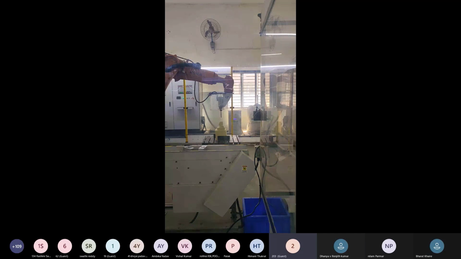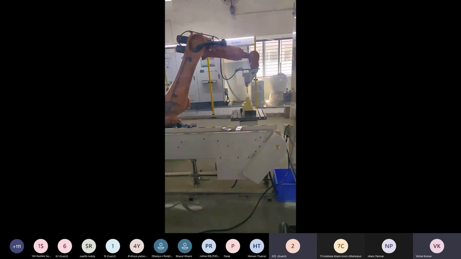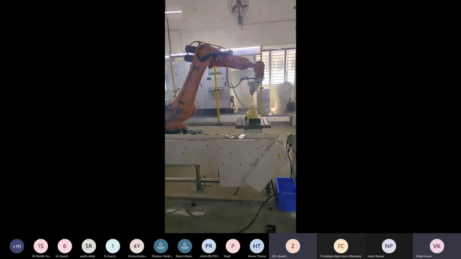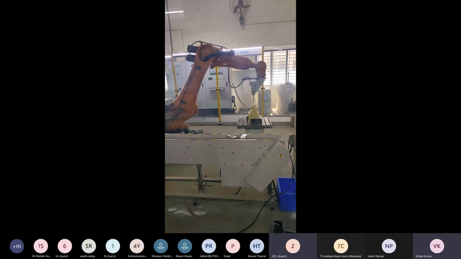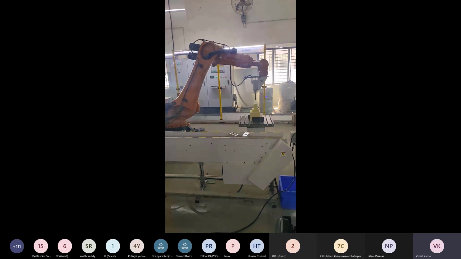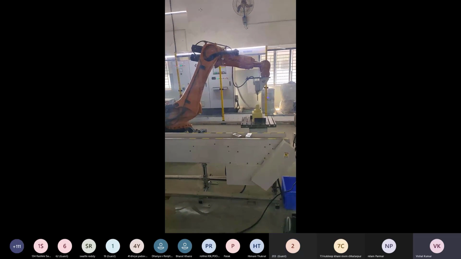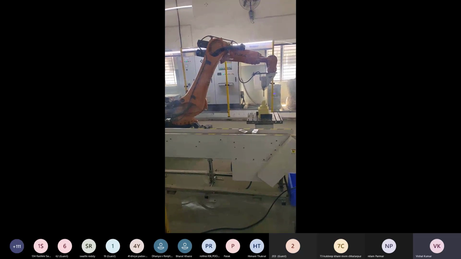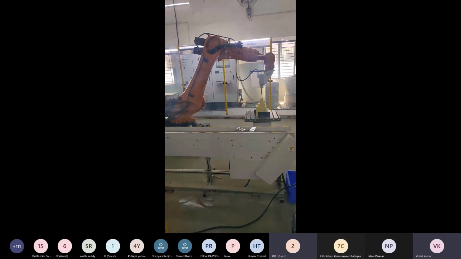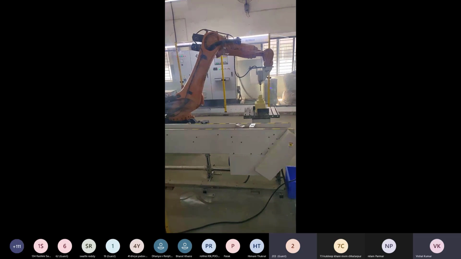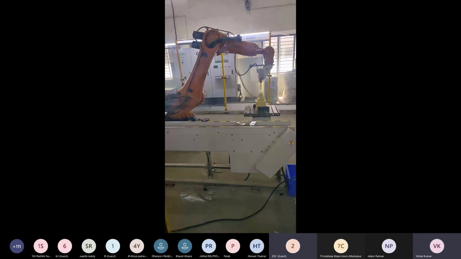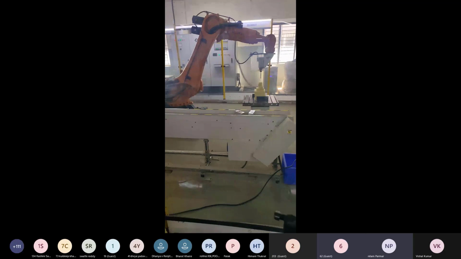So now, any other doubts? Hello. Yes, sir. Can we copy the same programs to multiple robots, sir, from the teach pendant? If we have similar robots, we can write one program and then copy it to others. Yes, sir. If it is a similar robot and using similar programming, then we can copy and it can be used in any robots of the same company. Okay. If the teach pendant is the same and the programming language is the same.